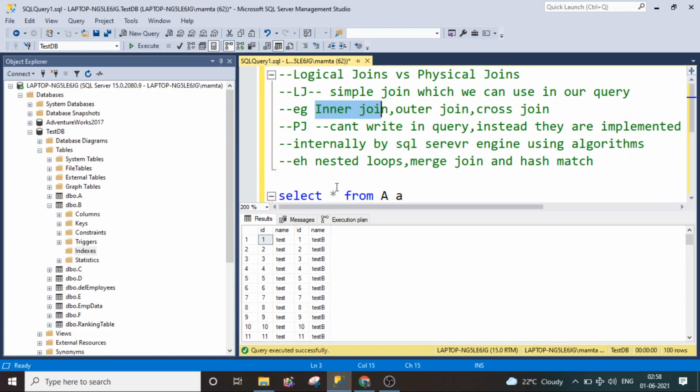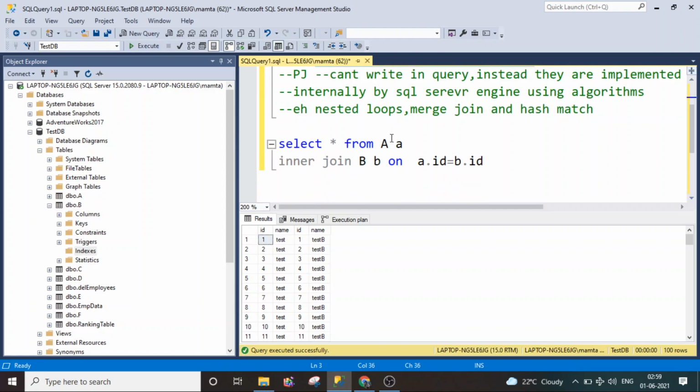I hope that you guys have knowledge of inner join, outer join, and cross join, but just in case, I'll give a brief idea. Inner join extracts the data from both tables on the basis of conditions only. Like I have 200 records in A and 100 records in B. Because I've used the inner join based on the ID column, it returned only 100 records.